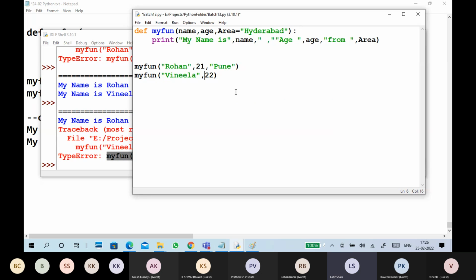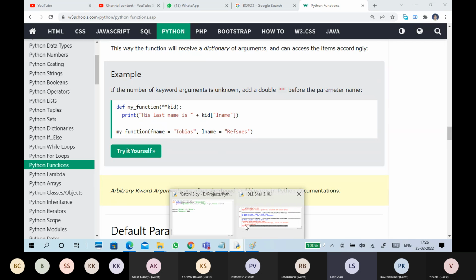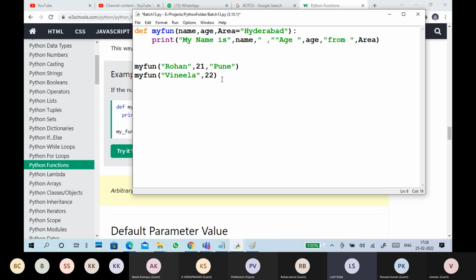And also multiple types of arguments we can assign. Okay, so this is like this. For example, first name, last name, we can also define. For example, same thing, my function, I said name is equal to